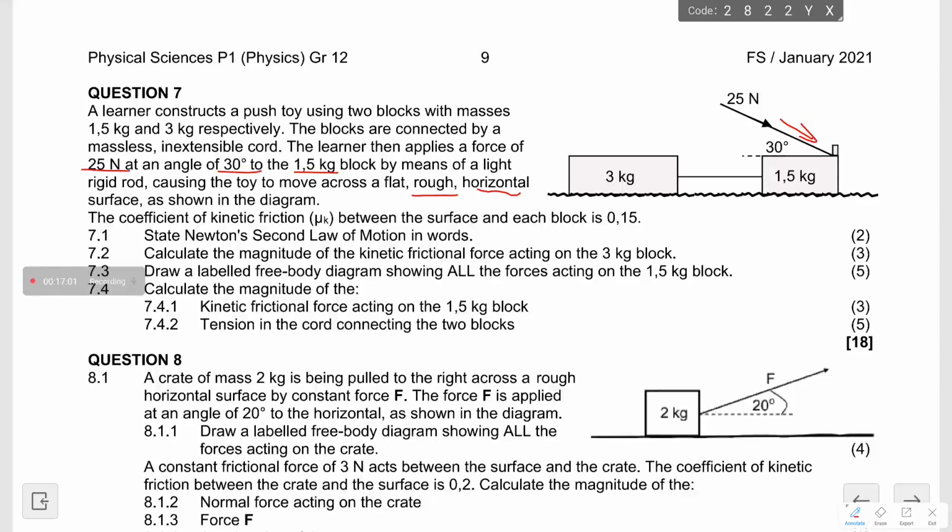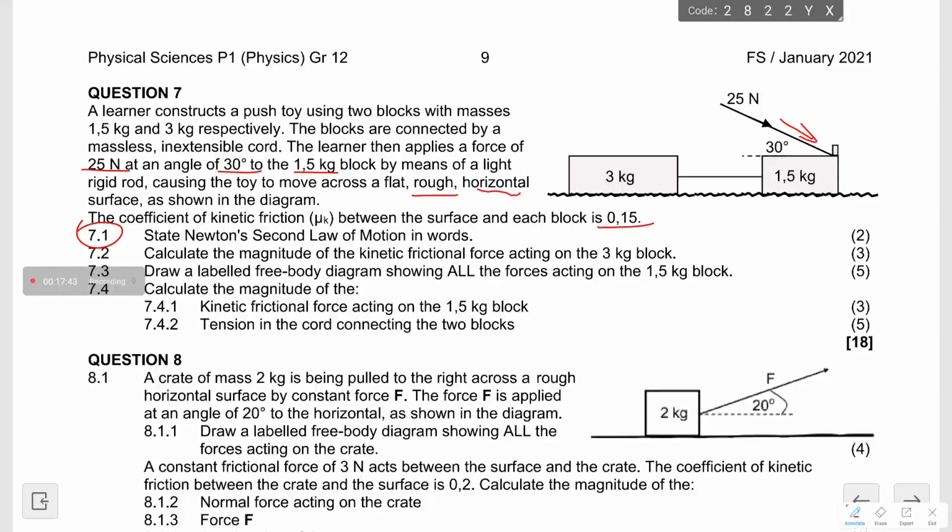Now we are also told that the coefficient of kinetic frictional force between the surface and each block is 0.15, which therefore tells us that the roughness of the surface is the same, or the blocks are made up of the same material. And then, of course, the first question will be to state Newton's second law of motion in words, which I'm going to skip at the moment because you just need to know it from the top of your head what it simply means. And then 7.2 is now asking you to calculate